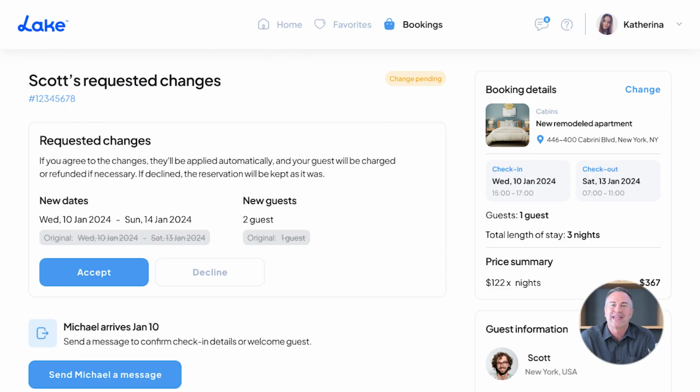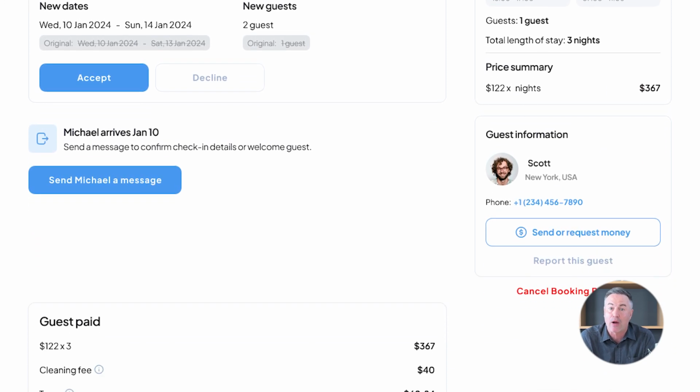The other way bookings are made are booking requests. When a guest submits a booking request, the reservation request is automatically forwarded to you, and you have 24 hours to accept or decline the request. During this period, the reservation status will be marked as pending. You can set up whether your listings are instant bookings or booking requests in your account, but by default, they're